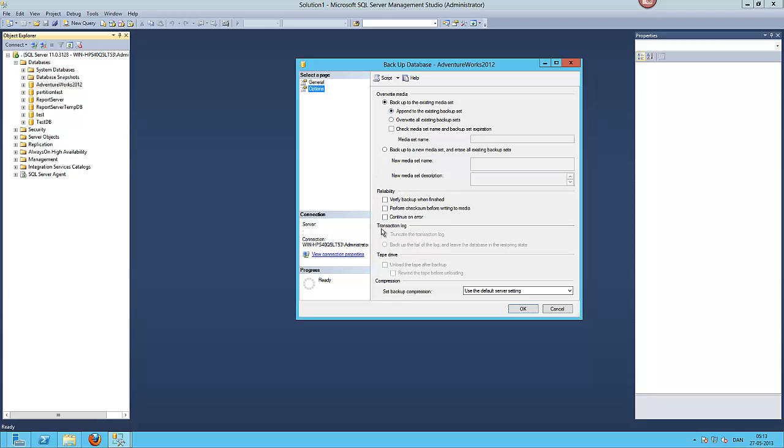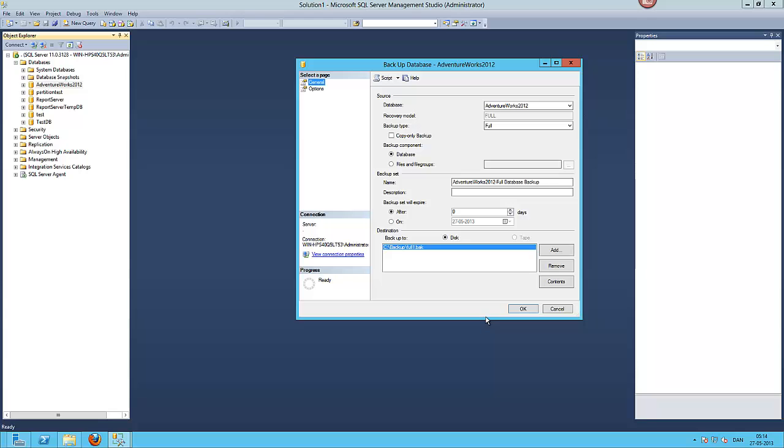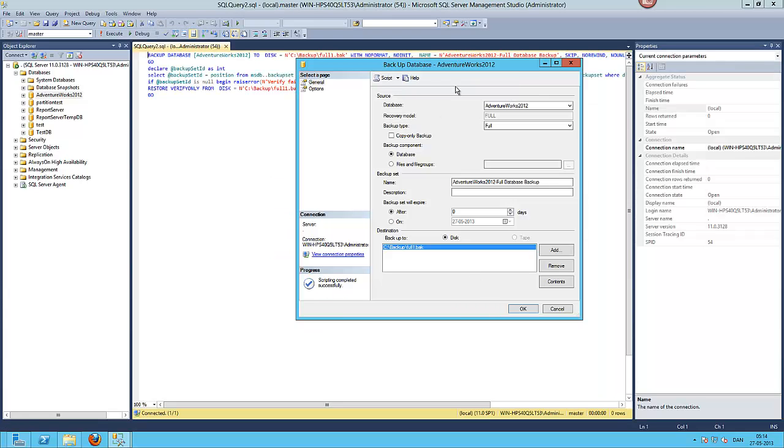There are a lot of things about reliability here, so I can verify backup when finished. That could be nice, so I'll click that, and then I could set backup compression. I'll click compress backup. Use the default server setting, because it is the default settings that decide if the backup is compressed or not. That's it. So now I could click OK, but what I will do instead is script what I've done here. So I script it to a new window,